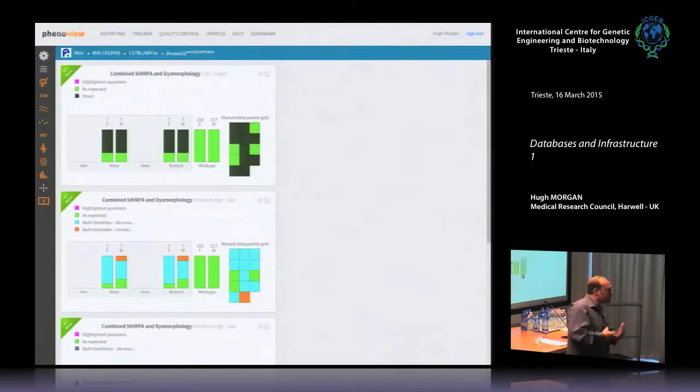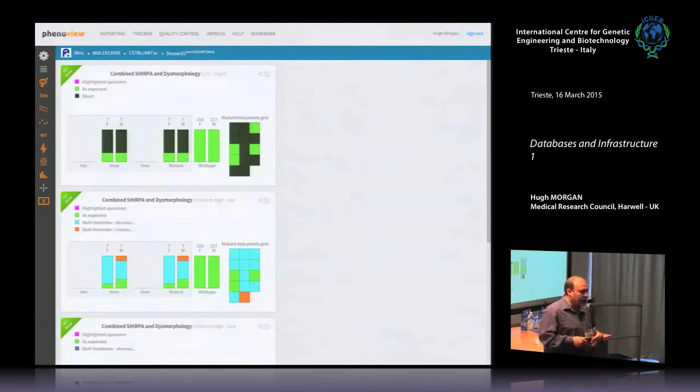Now I'll just demonstrate a few other features of the site that you might be interested in. This is another gene again, DNAIL2. This shows a display of categorical data, so as well as purely numerical data, as I've shown you already, we have data that is, in this case, as expected or not as expected, or normal or abnormal. What this is actually demonstrating is this particular mouse line has abnormalities in both digit length and integrity and tail